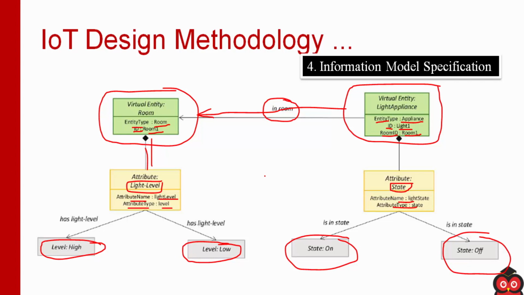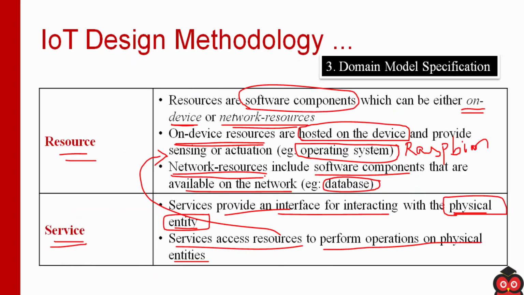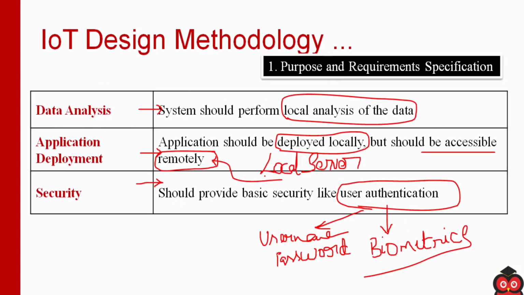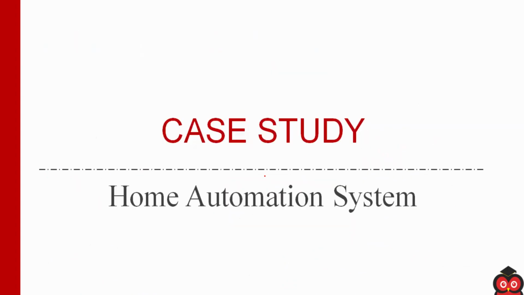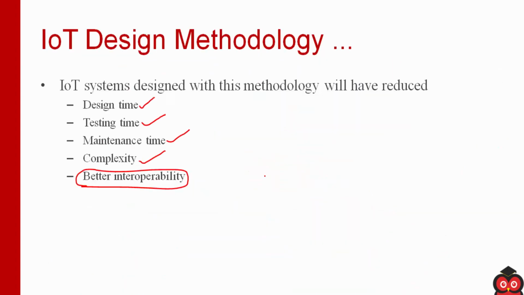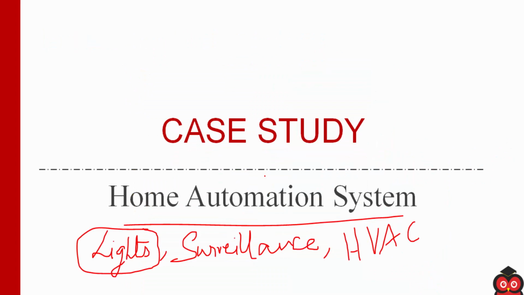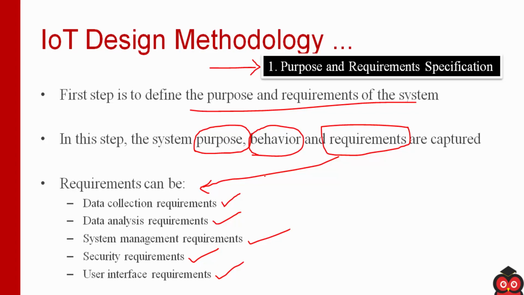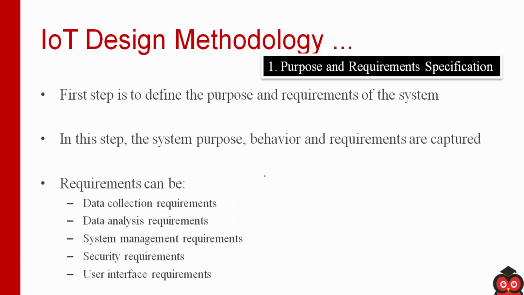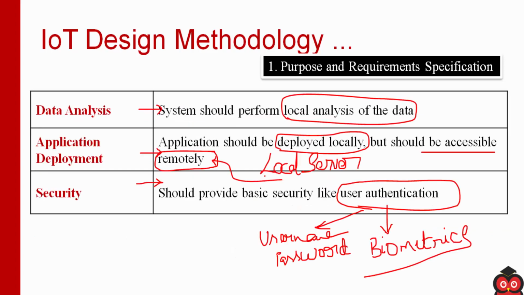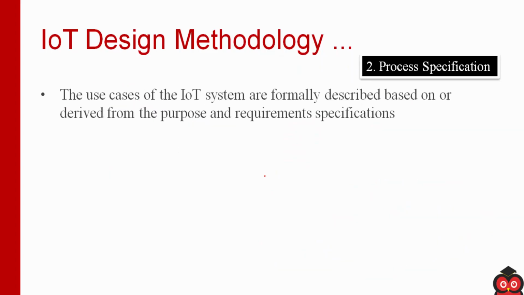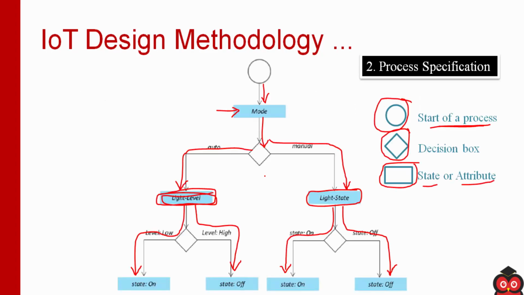So I will stop here for this session. In the next session we will continue with the rest of the steps. So what we have seen in this session: we started with some points about IoT design methodology. We have seen the 10 steps in the design methodology. We have considered the case study of a home automation system, that is smart lighting. The first step is purpose and requirements specification, so we got all the requirements, and the second step is process specification, where we develop the use cases